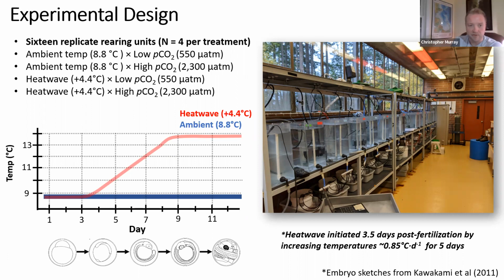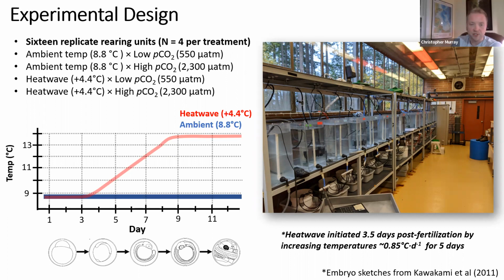These embryos were taken from wild spawners that were collected from Port Gamble in late February. I dissected the gonads, I brought them back to Shannon Point, and then performed the manual fertilization using some established protocols. Once I confirmed fertilization success, I then split these embryos up into 4 different treatment groups. So I had ambient temperature, which was just the temperature of the flow-through coming into the lab, about 9 degrees during the course of the experiment.